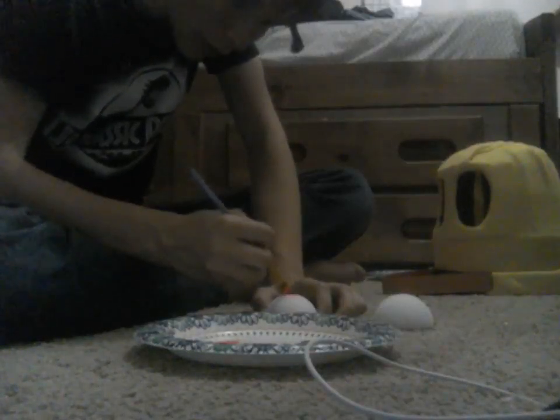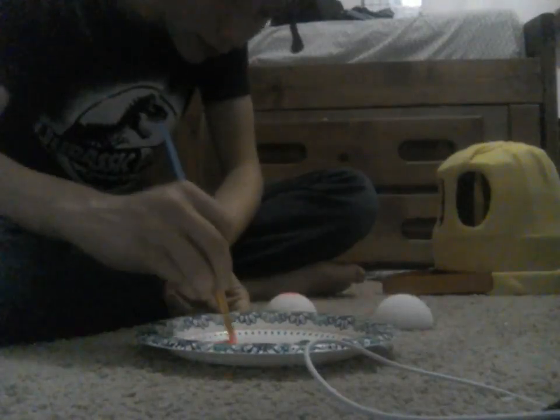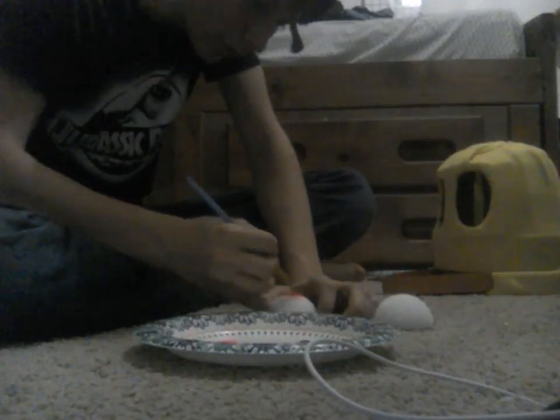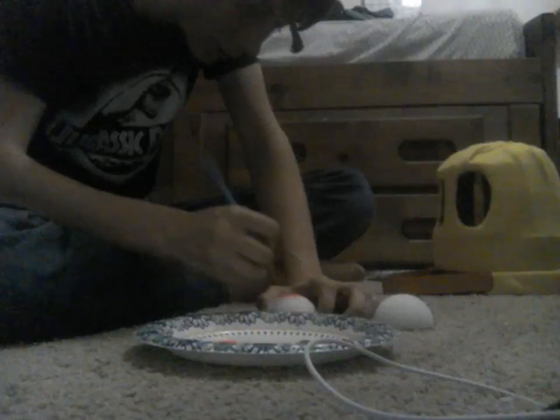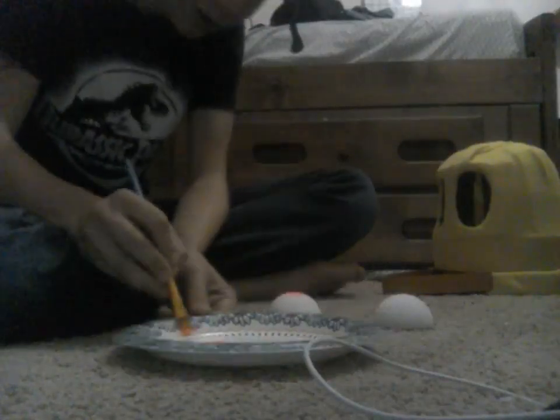Yeah, there's no way we're going to have enough paint for both eyeballs. I don't even have enough for one. So I'm just going to have to mix my own pink paint, I say as I'm continuing to paint this eye. So I'm just going to stop it there. Feels like a waste of paint, because that was the last of the pink paint, but what can you do? I'm just going to put that down and get out some...